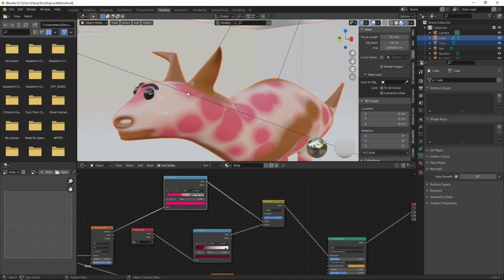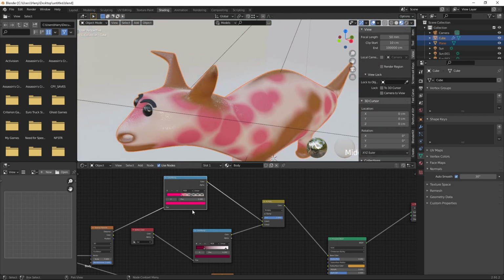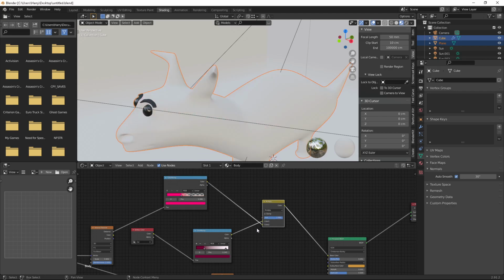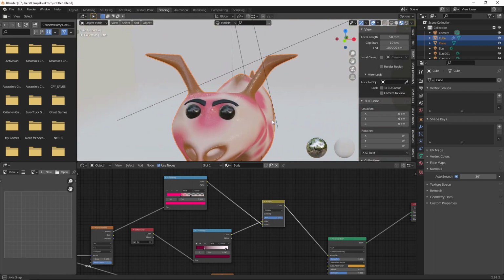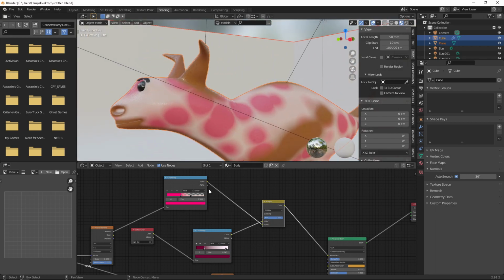Okay, one by one we can do that. So we can change it and see, but still it looks like brown color.